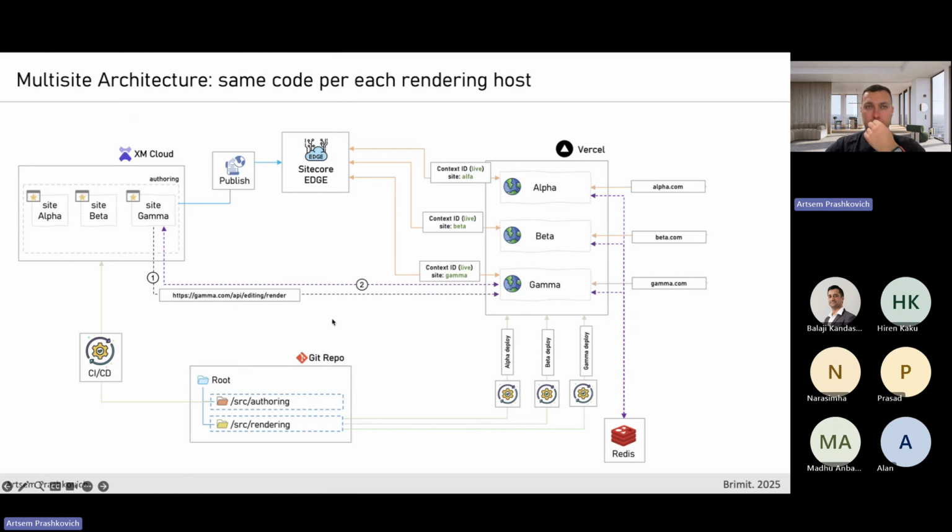And probably the last option in terms of multi-sites is to have separate apps running in Vercel, even based on the same code from the repo. It provides us more flexibility because we can deploy them separately. Each of our applications running in Vercel has its own pipeline, which we can use to deploy it any time we want. For sure, we have to be careful because